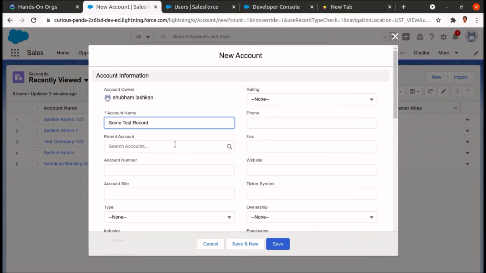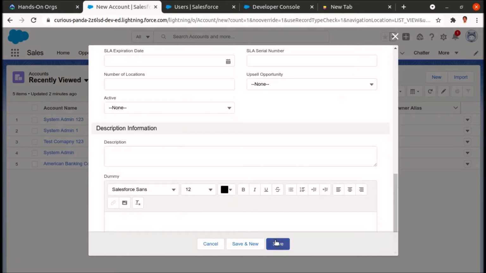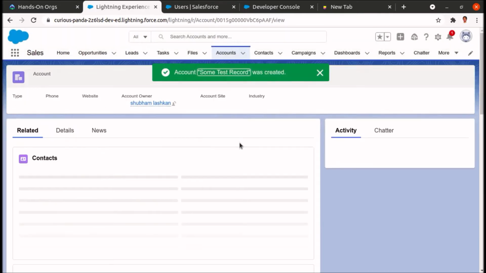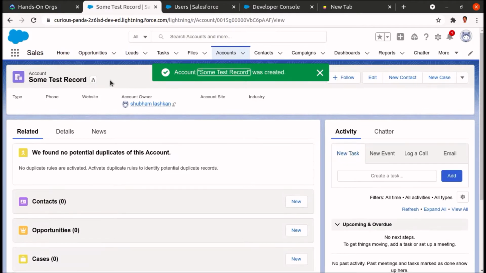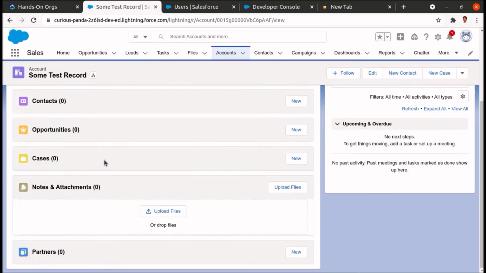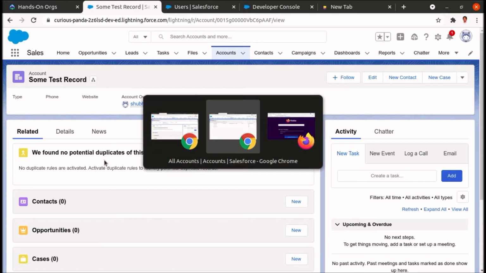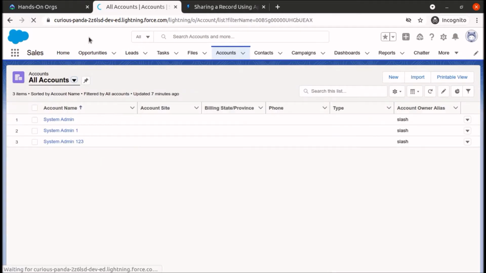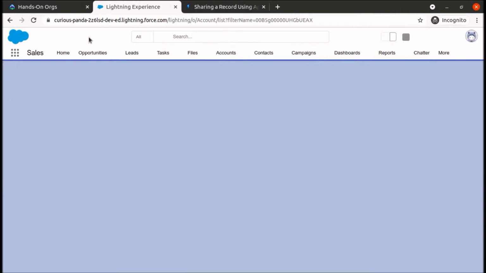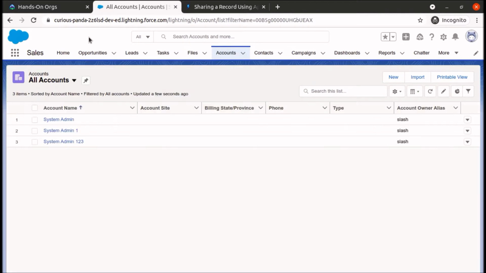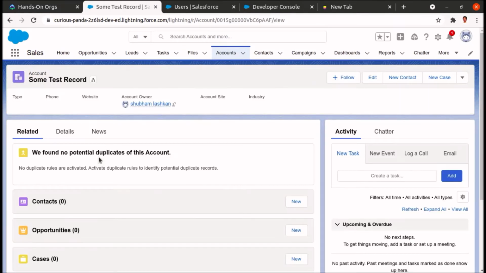I don't think there are some fields which are required, so let's save it. So a record is created which is some test record, and it is not visible to standard user because I have created it as an administrator, and the